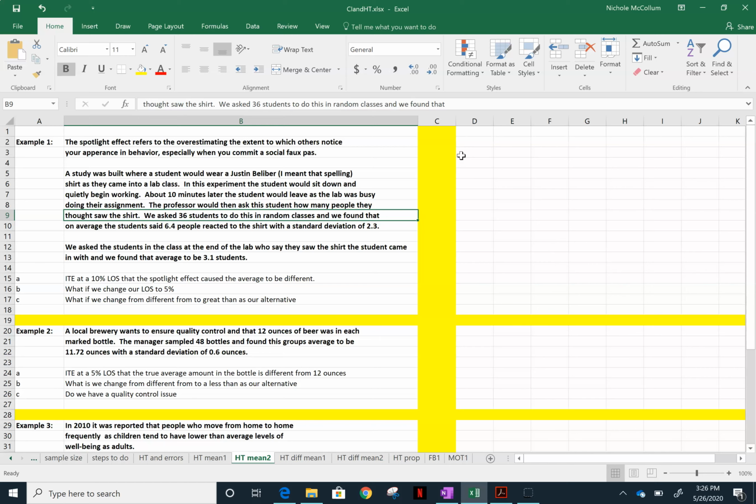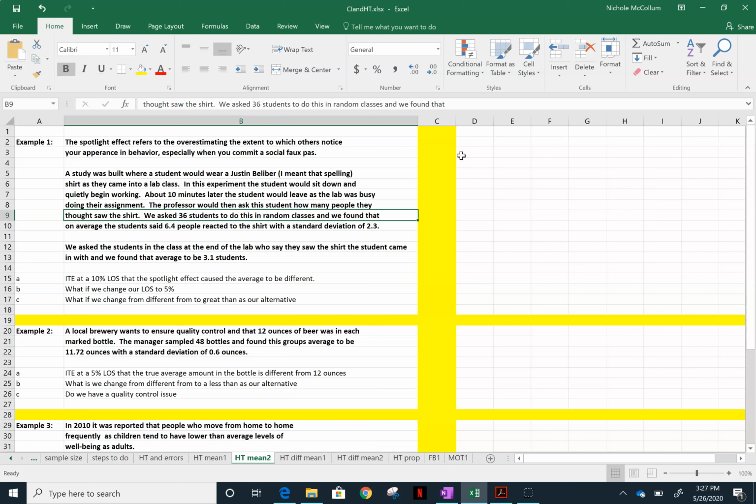The professor would then ask this student, who was wearing the shirt, how many people they thought saw the shirt. We asked 36 students to do the same exact process in random classes. We found that on average, the students said 6.4 people reacted to the shirt with a standard deviation of 2.3. We also asked the students in the class at the end of each lab who saw the shirt the student came in with, and we found that on average, only about 3.1 students saw this shirt. All right, so is there evidence, at a 10% level of significance, that the spotlight effect caused the average